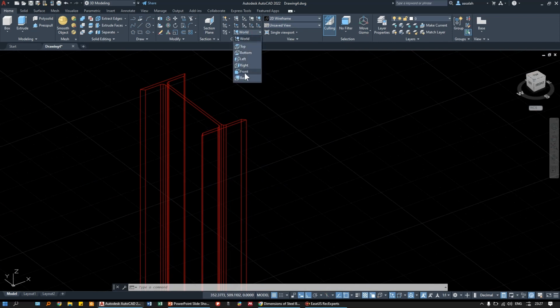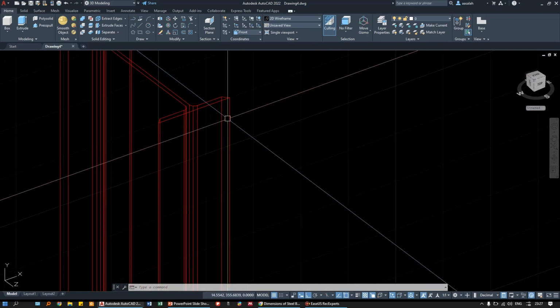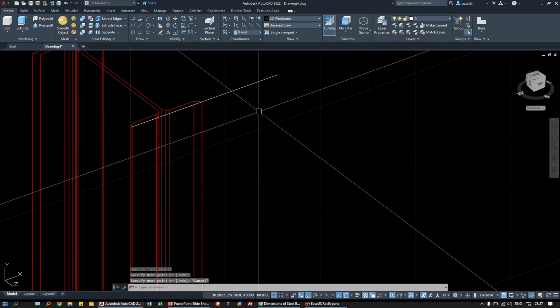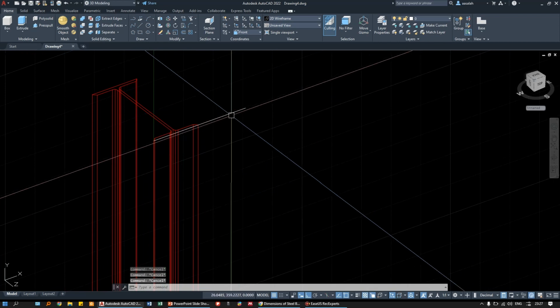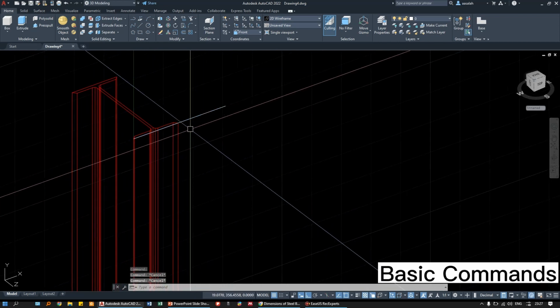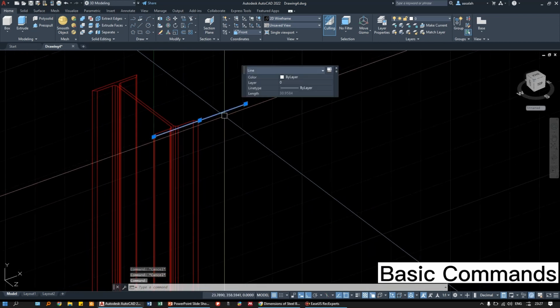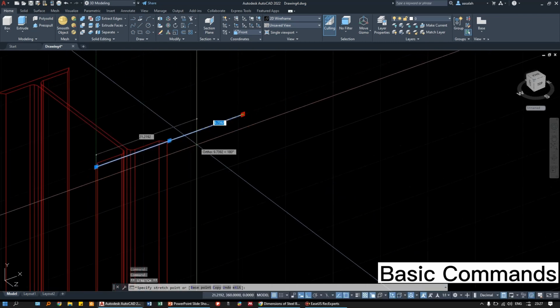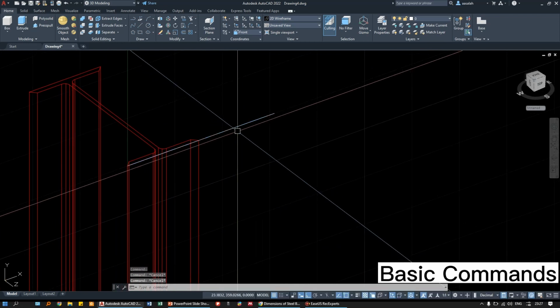I'm going to select the front from here. So this is my front side. When I draw a line like this, let's say this is the line that I want to slice on this beam, slice the beam based on this line. First thing I need to make this line, whatever the length, doesn't matter to us, but I need to